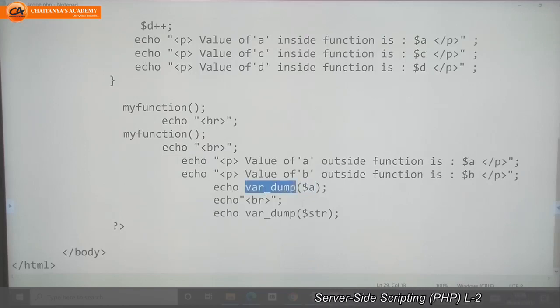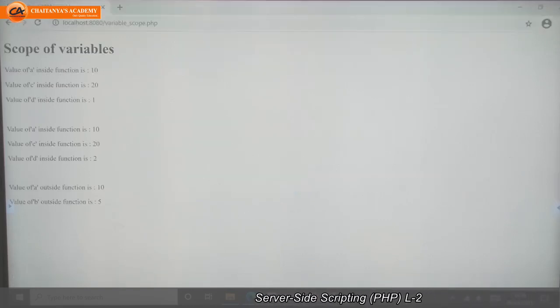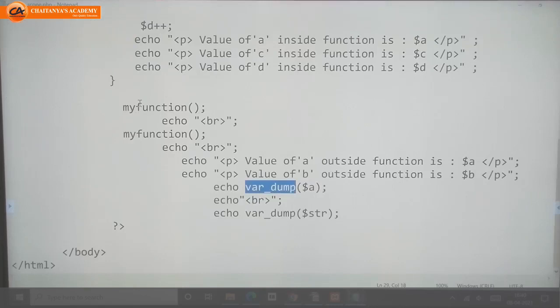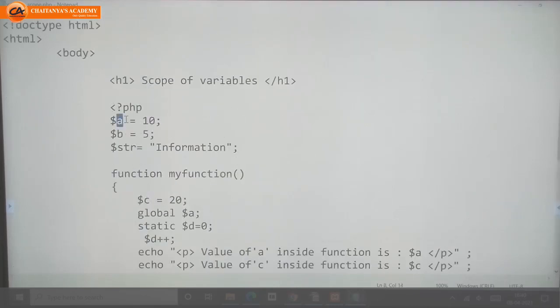Simply, this will check the output. Go to the programming code, refresh the code. Here at the downside, check here, it gave int 10 and next string 11 information. So what is the meaning of this? Int 10 means this is an integer data type having value 10.